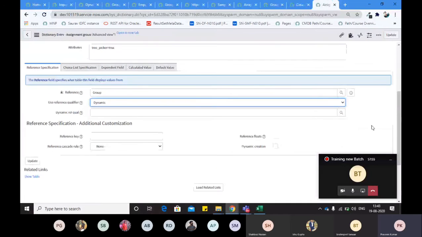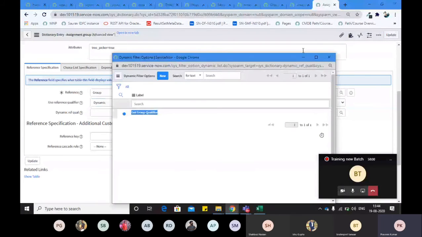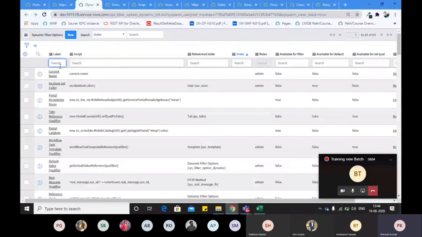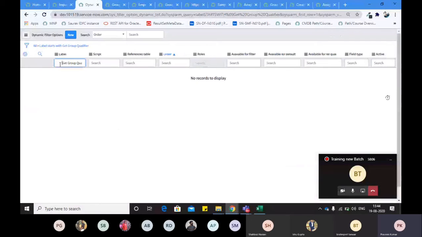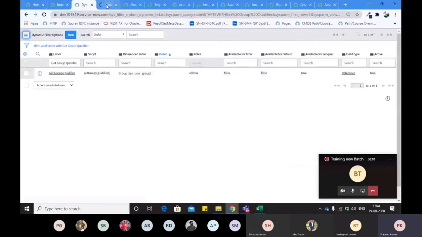If you see here, it is showing you one get group qualifier. Copy it. Let's see what is there in this get group qualifier. Yes, it is here, correct? Let's see what is there.